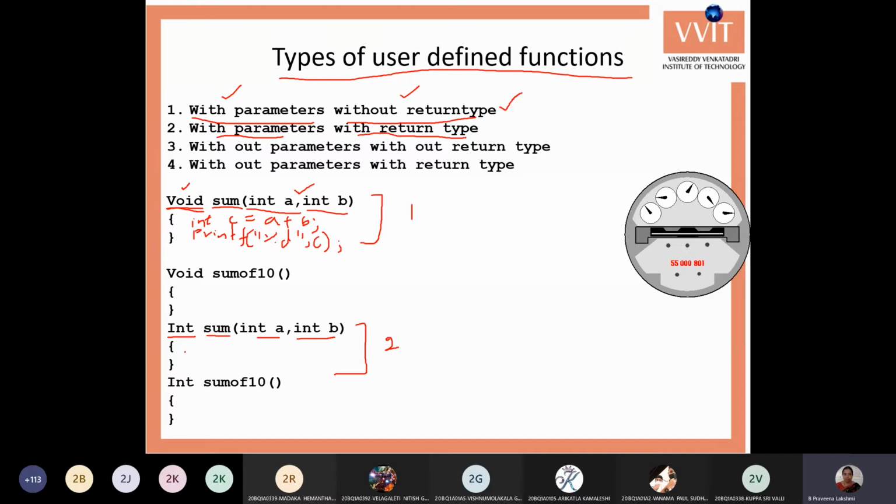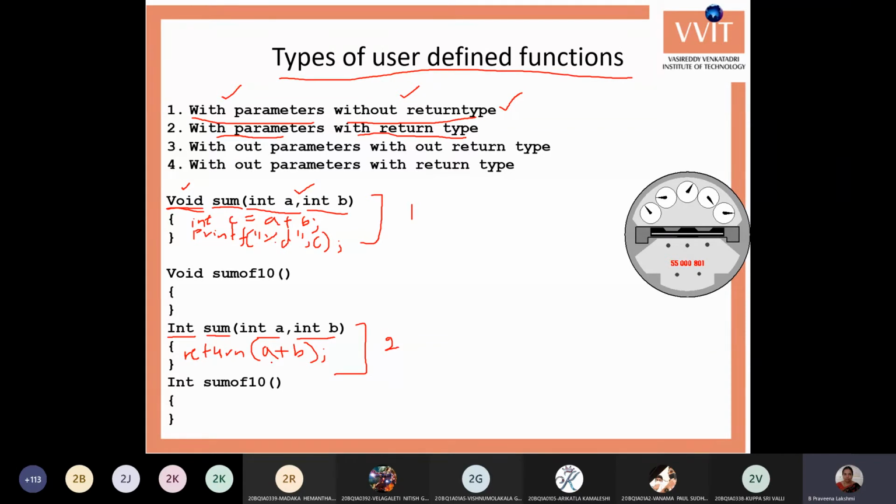Okay, here I can return the value as, say for example, return a plus b. That is, I'm finding the addition of a and b, and I'm just sending out the result. That is, we are giving an output value of a plus b.